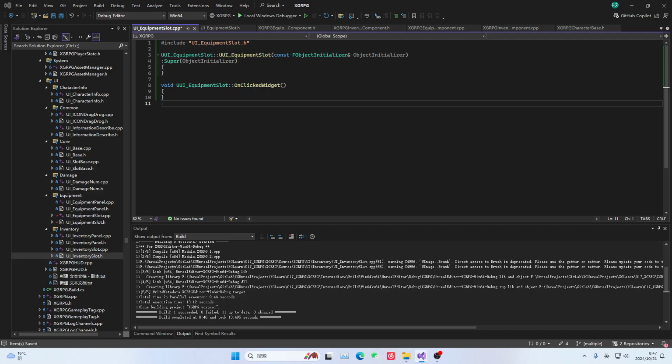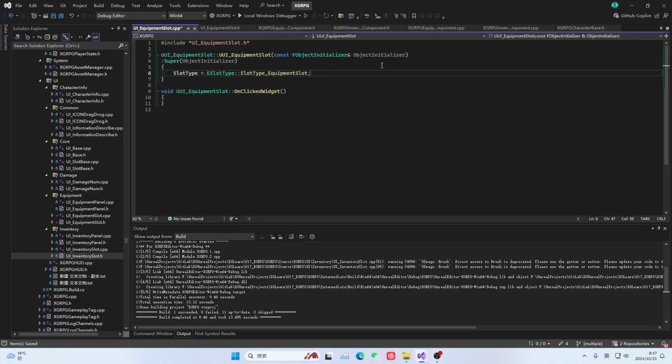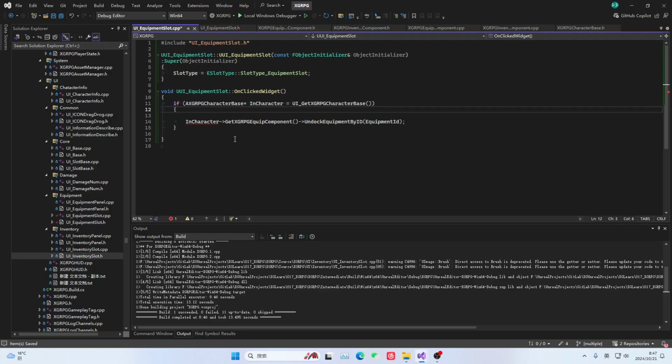In the constructor, we need to specify its current slot type. It is an equipment slot. When it is clicked, it should actually be the equipment in your equipment bar. When it is clicked, it should drag down this equipment. Then we give this piece of code, drag it over. After dragging it over, we get our cart. Then after that,